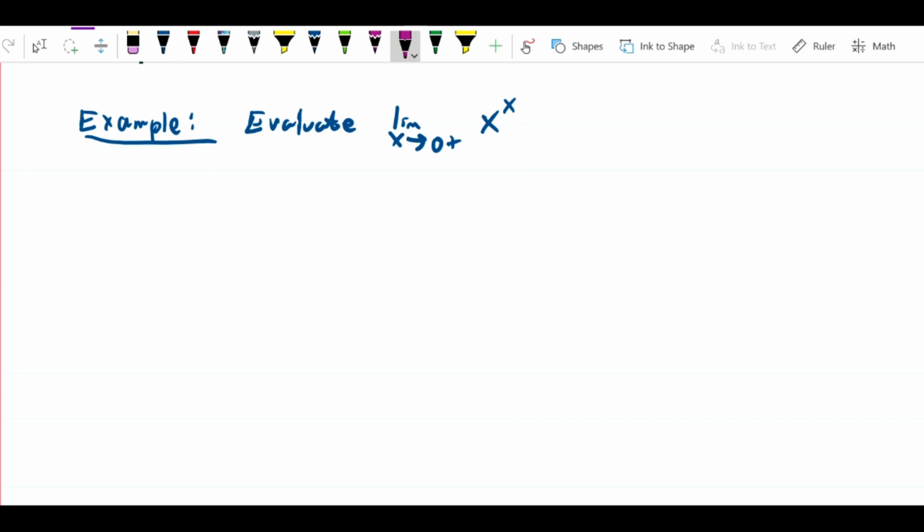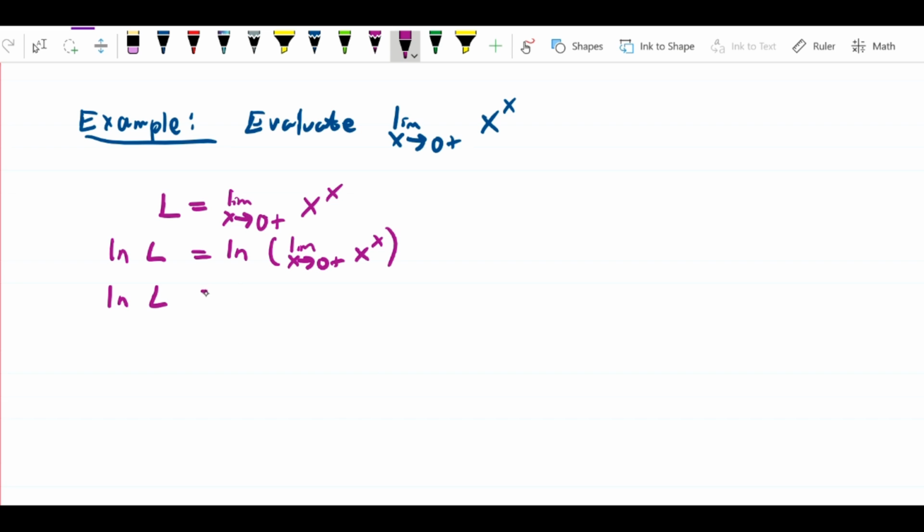This is how you do this. What we're going to do is suppose that L is equal to the limit as x approaches 0 plus of x to the x. In that case, we can say that ln of L is equal to ln of the limit as x approaches 0 plus of x to the x. In other words, I just took the natural log of both sides. There's a rule that you've learned that the limit of a log is equal to the log of a limit. That's a special case of the composite limit rule. So I can write that ln L is equal to the limit as x approaches 0 plus of ln x